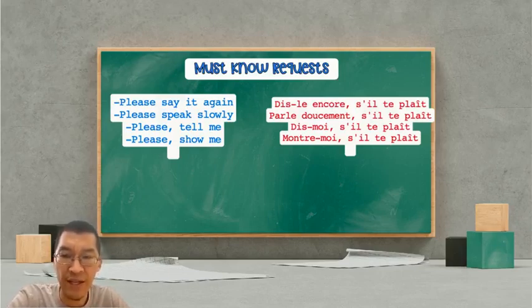So by understanding and being able to use these versatile requests, whenever I want to learn more about a particular word or something about the language through my interactions with another person, I will be able to use French to learn more French. And that is the watered down version of what I think is the goal, is for you to fully communicate